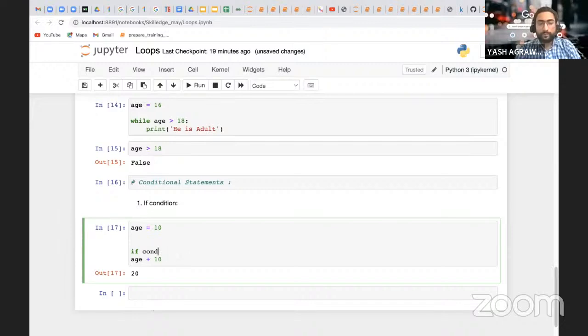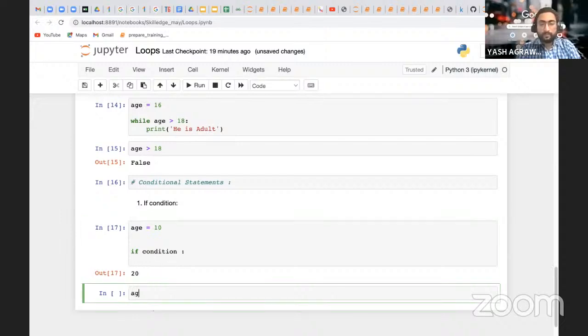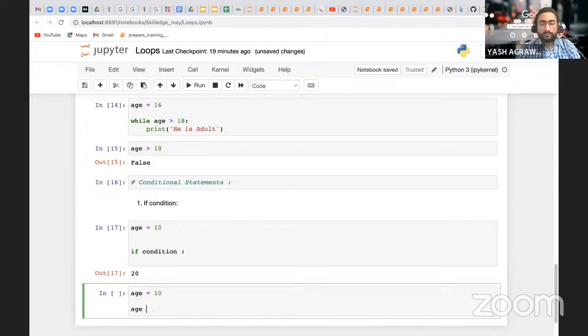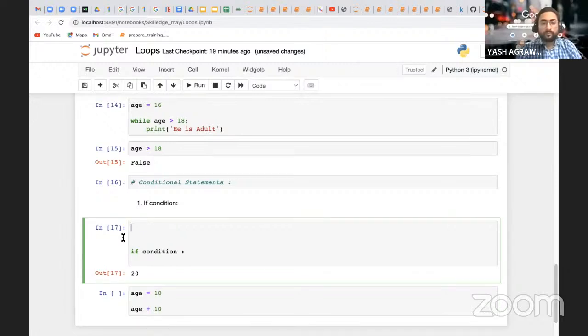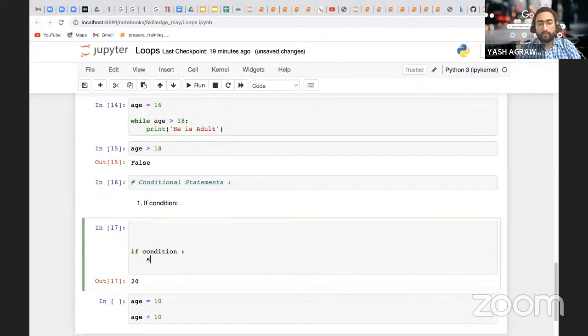If condition, we will take it into the next line, and in the next line we want the statement.